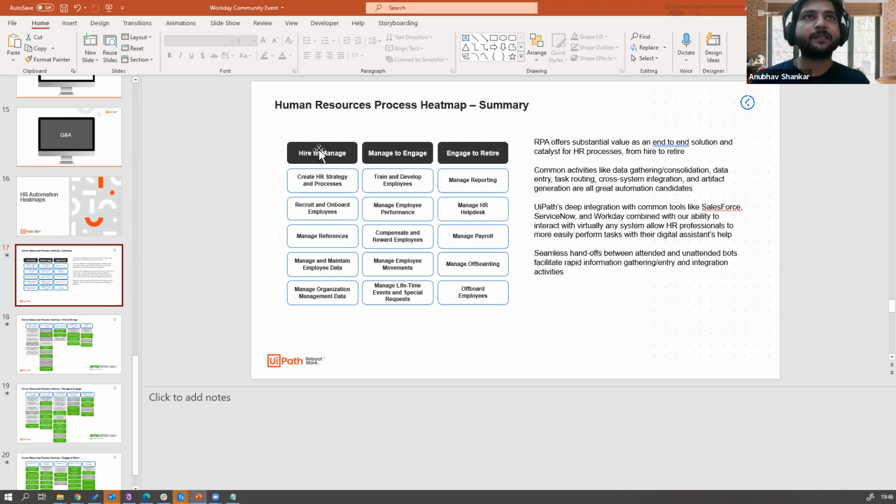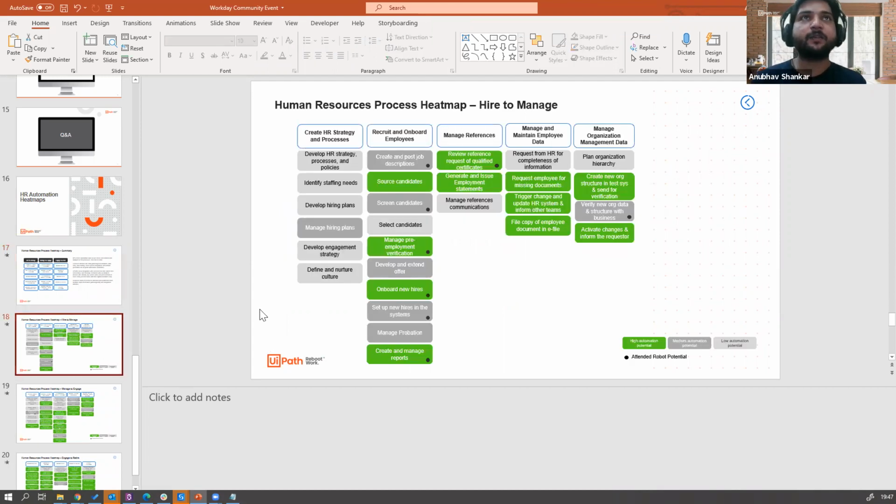So we have these divided into hire to manage, manage to engage, and engage to retire phases. And you will see, for example, hire to manage will have your onboarding employees that we saw today. There will be your managing organization and management data. According to this, creating HR strategy and processes, these kinds of things. So this is giving you quite an overview of what these processes or these streams are all about. And in the next slide, you will see a heat map based on your, give me a second,